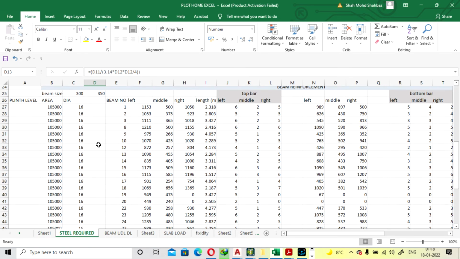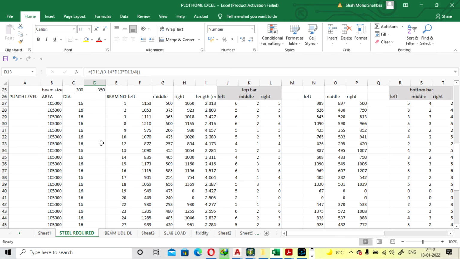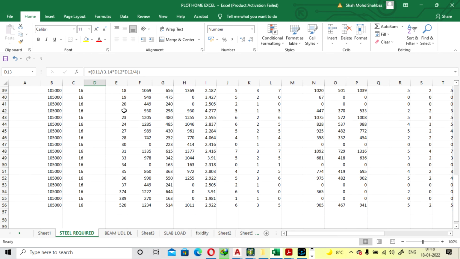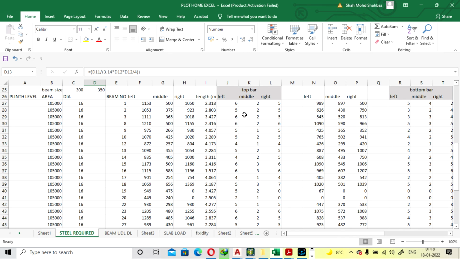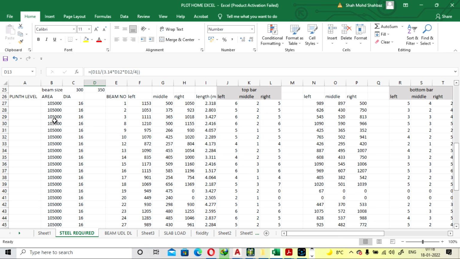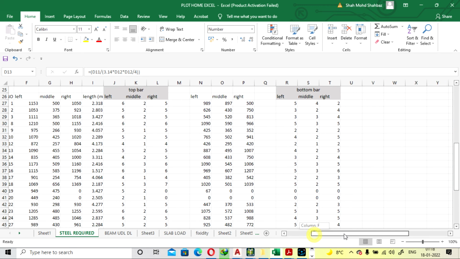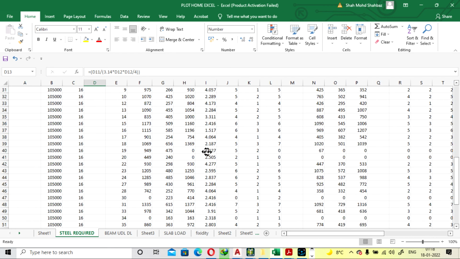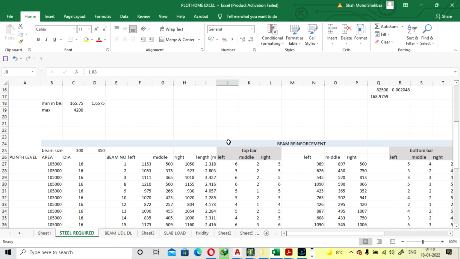Okay, so from every beam we have selected for different floors. So for plinth level, that is for ground floor, we have taken. Similarly, you can do that by simply copy and pasting. Okay, and all you need to do is provide the bar size and beam size here. Okay, or give the beam area here, and by providing the total middle steel area, you will get the bar. Okay, all you need to do is put the bar here. Okay, so I will provide this excel sheet in the description, you can download it.